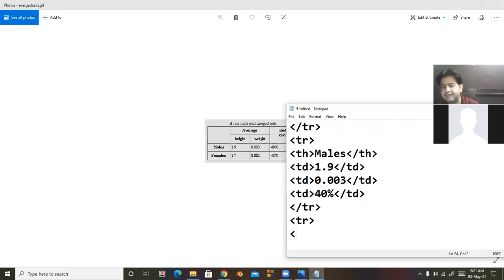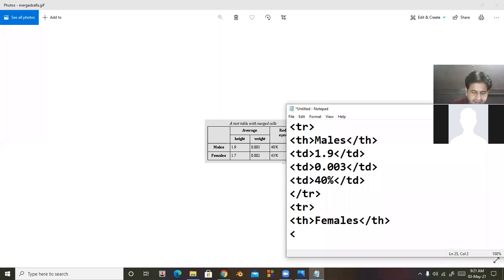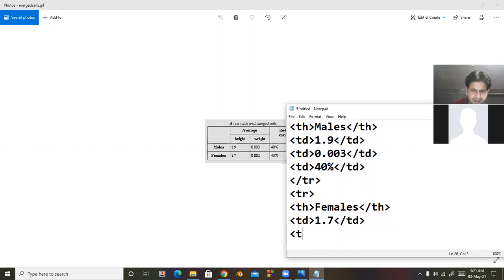First cell is in capital format. So I'm taking TH, then females, then TH closed, then normal text. That's why I'm taking TD. Here is 1.7. Then again TD 0.002.